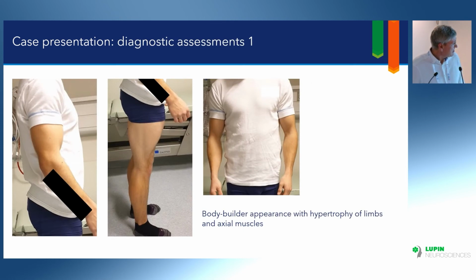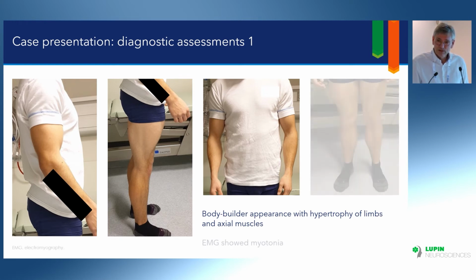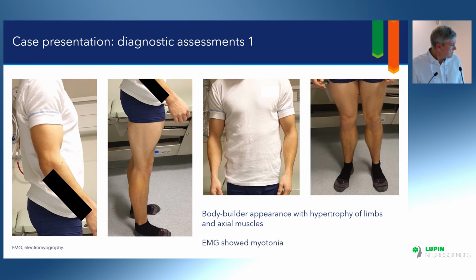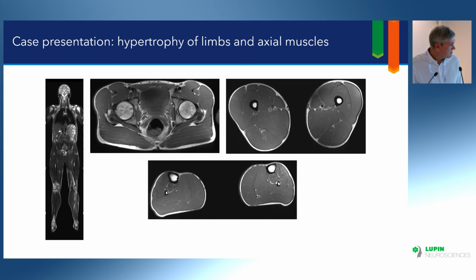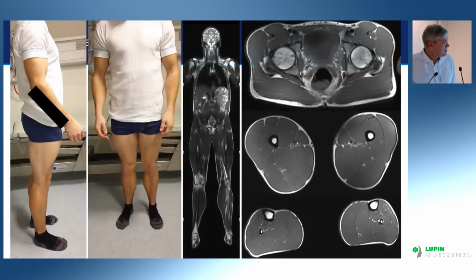And as you can see on the gentleman here, he has muscle hypertrophy. He doesn't do any exercise at all, and this is very common in these patients. Here you see it again. His quadriceps, big biceps muscles, and if we look at his muscle MRI, you can see the hypertrophy there. Hardly any fat in the thigh. It's all muscle,